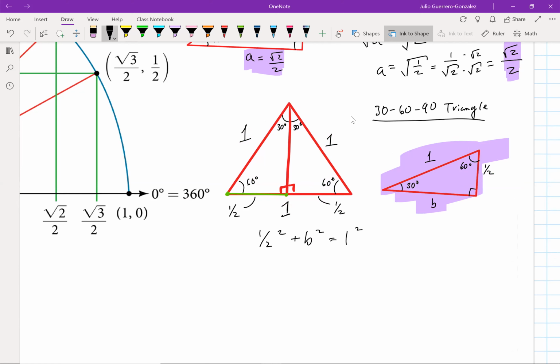From here, it's 1/2 quantity squared. So this is going to be 1/4 plus B squared is equal to 1. B squared is equal to 1 minus 1/4. I'm going to carry it on up here. So B squared is 3/4. Take the square root of both sides. B is equal to,